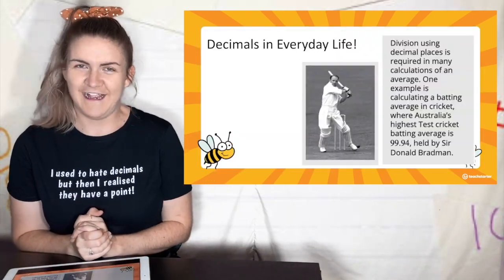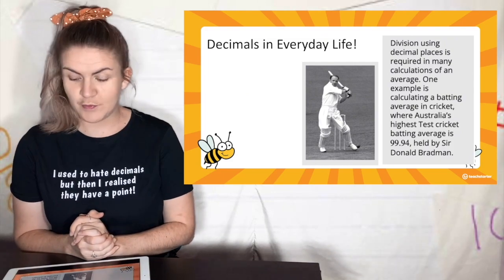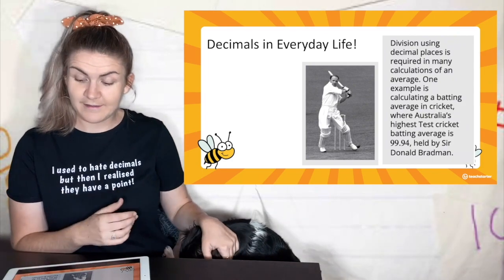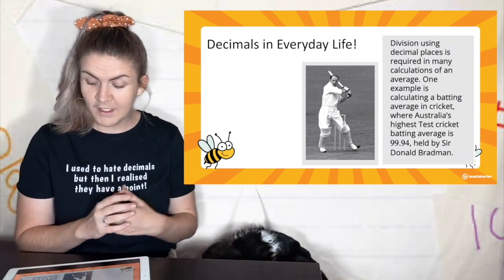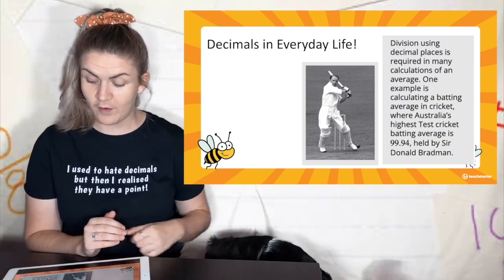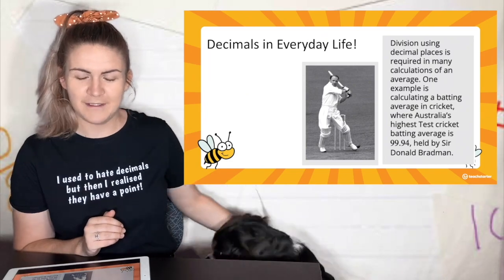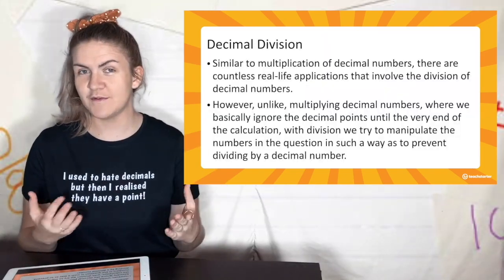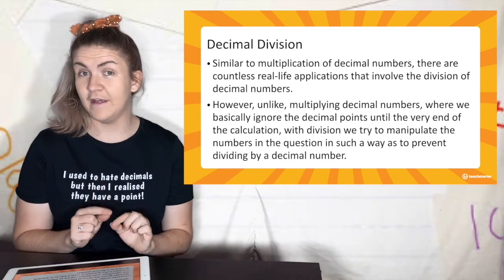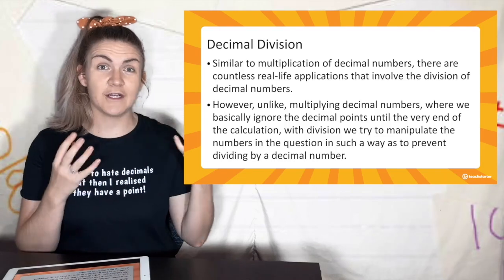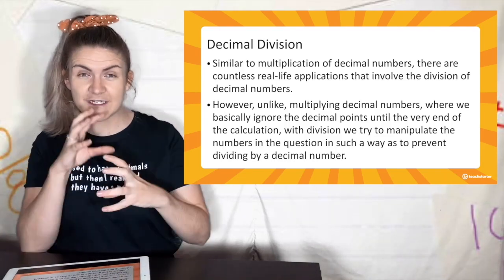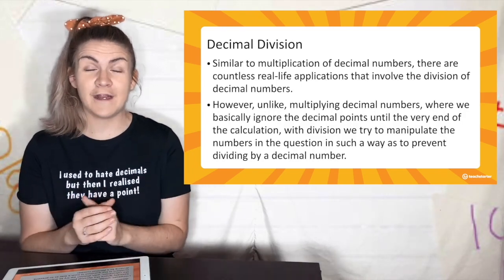Decimals in everyday life. Division using decimal places is required in many different calculations, especially averages. One example is calculating a batting average in cricket, where Australia's highest Test cricket batting average is 99.94, held by Sir Donald Bradman. Similar to the multiplication of decimals, there are so many real-life examples of times we're going to use division of decimals. However, unlike multiplication, where we try to ignore the decimal and then figure it out at the end,